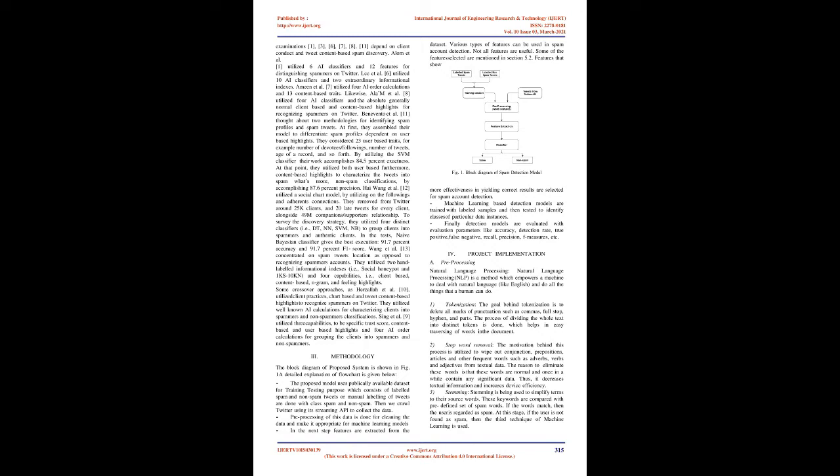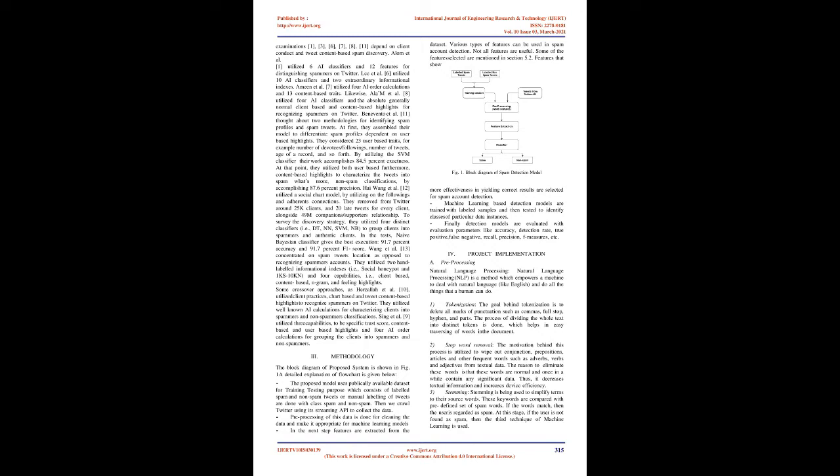Wang et al. [13] concentrated on spam tweets location as opposed to recognizing spammers' accounts. They utilized 2 hand-labeled informational indexes, i.e., social honeypot and 1KS10KN, and 4 capabilities, i.e., client-based, content-based, n-gram, and feeling highlights. Some hybrid approaches, as Herzallah et al. [10], utilized client practices, chart-based and tweet content-based highlights to recognize spammers on